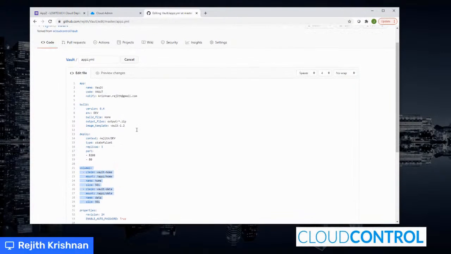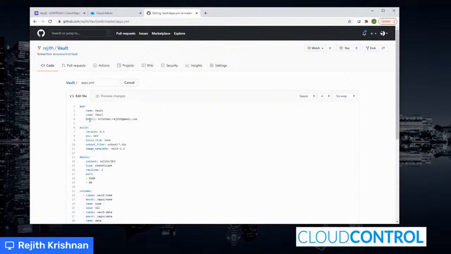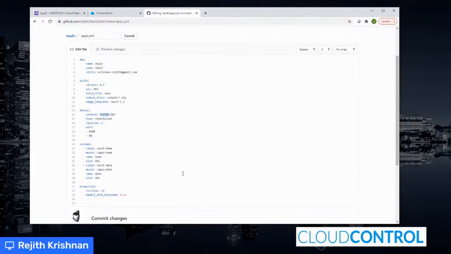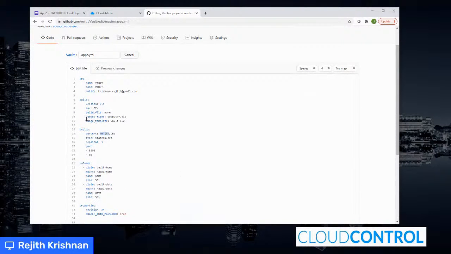So I made, let me highlight the changes that I made again. So this is the first change I made. The second change is context. So I changed this value to match my Git ID. And let me just highlight that the image template that we are looking at, that's the image that we are talking about as AppZ stacks. So this image will get pulled from the AppZ stacks repository,